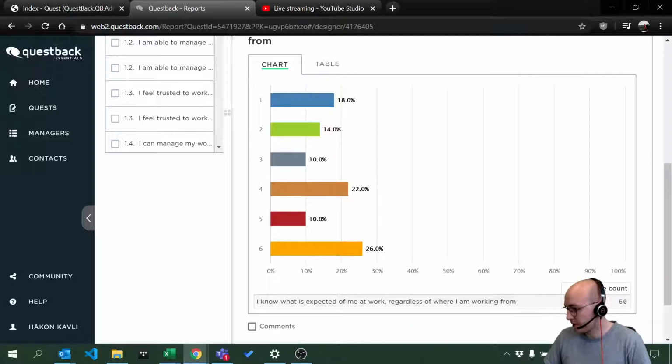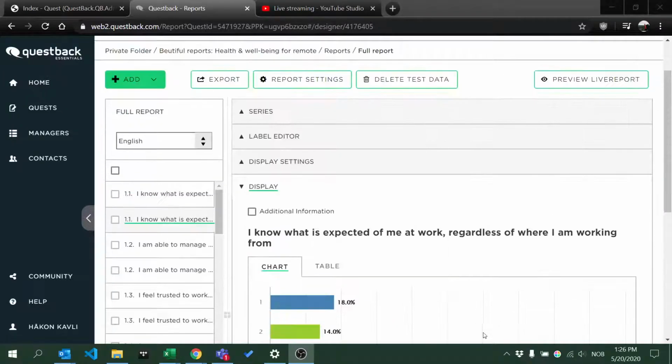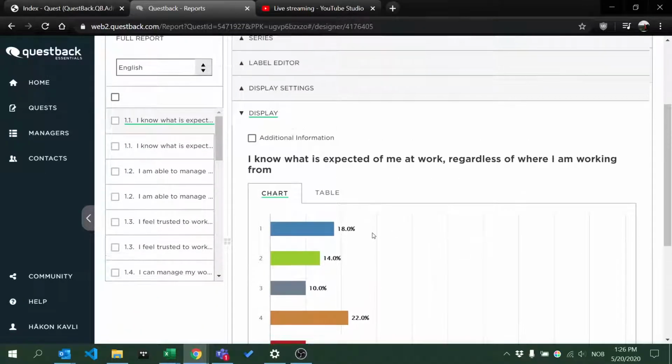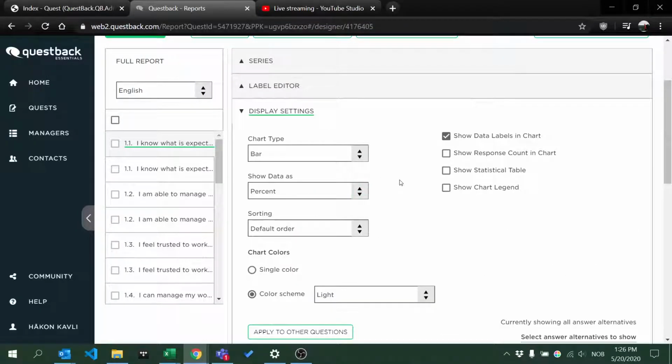So instead of... sorry about that, I had some loss of data connection, I think. So what I want to do now is to go to the first question, and then using the display settings,